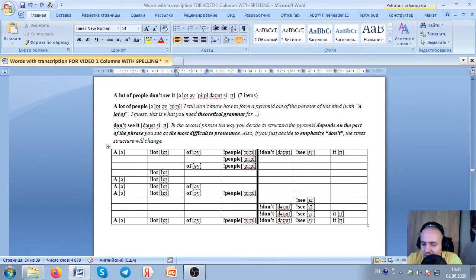See, don't see it. A lot of people don't see it. And then you can just pronounce the sentence consciously, not just willy-nilly, as I said in that. Did it? Does it happen? I don't know. This is interesting. I'm not sure